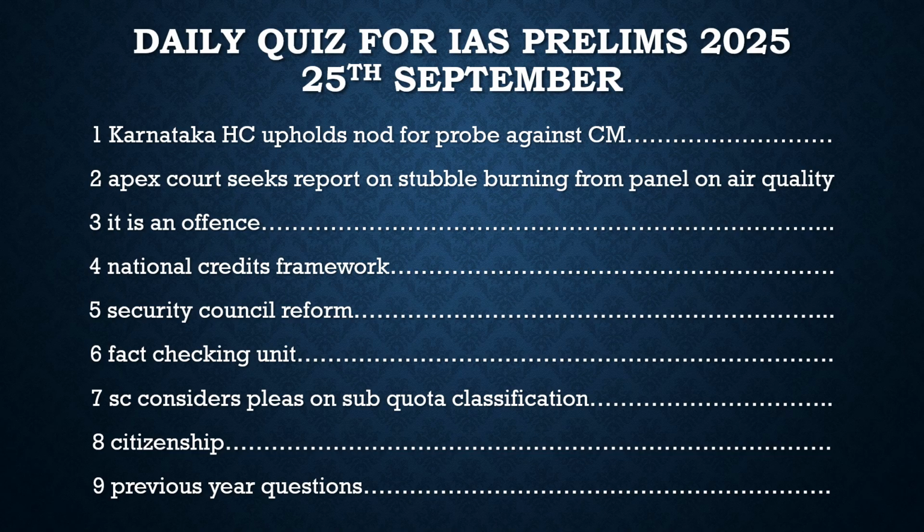So these things which the Karnataka chief minister asked the Karnataka High Court were answered by the High Court, and it granted this nod. It upholds the nod for a probe against the CM. So this is the whole issue revolving around this case. It revolves around the Anti-Corruption Act. It revolves around the government authority there, which is MUDA, the Mysore Urban Development Authority, which is a government